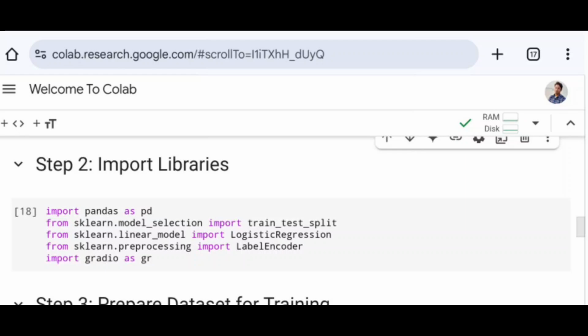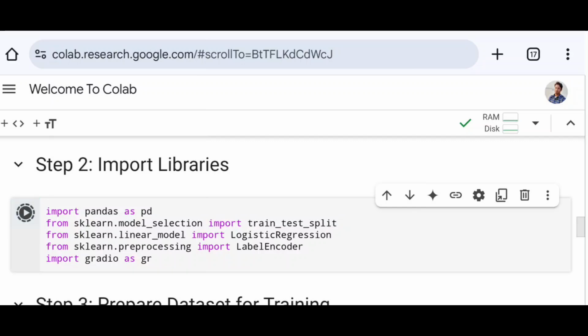Next, from scikit-learn.preprocessing I used to import LabelEncoder. This is used to convert categorical labels into numerical values. And finally I used to import Gradio as gr, which is useful for creating a user interface for the machine learning model. After running the code I will quickly move on to the next step where I used to prepare the dataset for